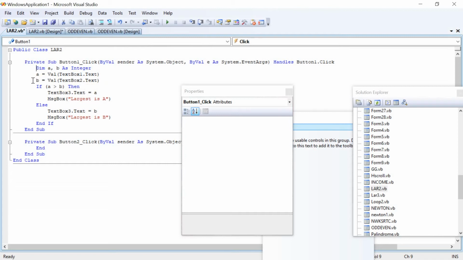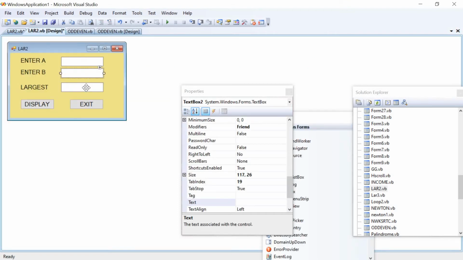If condition 1 is given here, if A is greater than B, if this is true, then what happens here? Then the A value will be displayed in text box 3, that is this one, right?